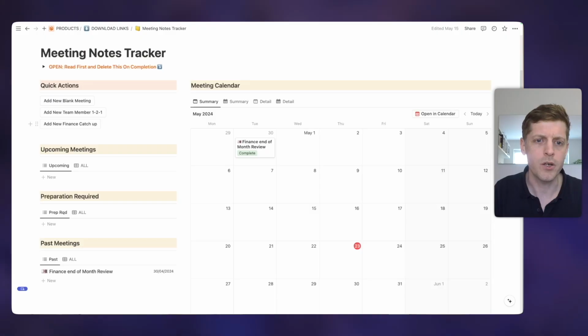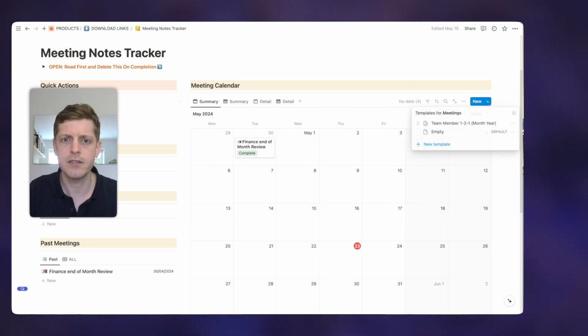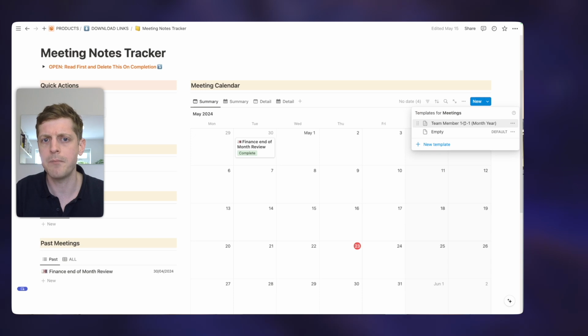And imagine that we've got a one-to-one with one of our team members, and that takes place once a month. So I'm currently here on the 23rd of May, and let's say that at the beginning of each month, I'm going to have a catch up with one of my colleagues. So if I go up to the actual database, you'll see that on the right-hand side, if I click the little drop down, we've got our team member one-to-one, and that's month, year, where I need to go and add